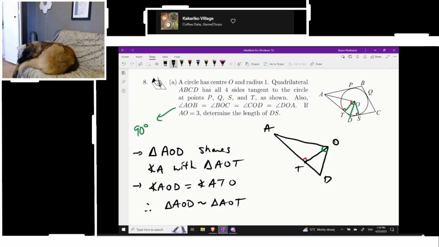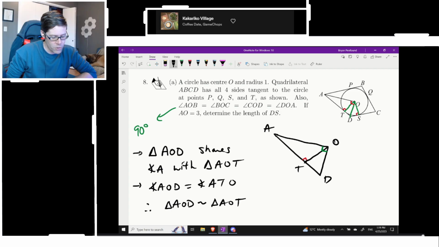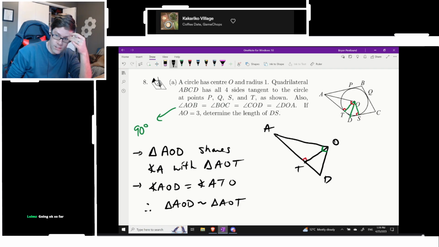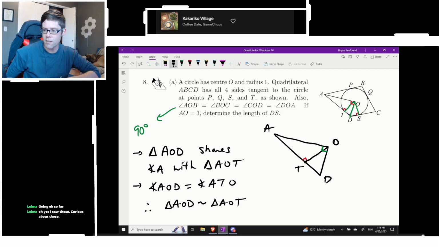Loims, hello! How is your day going, my friend? How are you? Welcome on in. We're trying to finish off this question number 8 from the 2019 Euclid contest, and then Noyce has supplied us, I believe, with a couple of binomial expansion questions, which I'm a little nervous about, actually. Going okay so far. I'll take okay so far. That's better than awful so far, right? Okay is good.